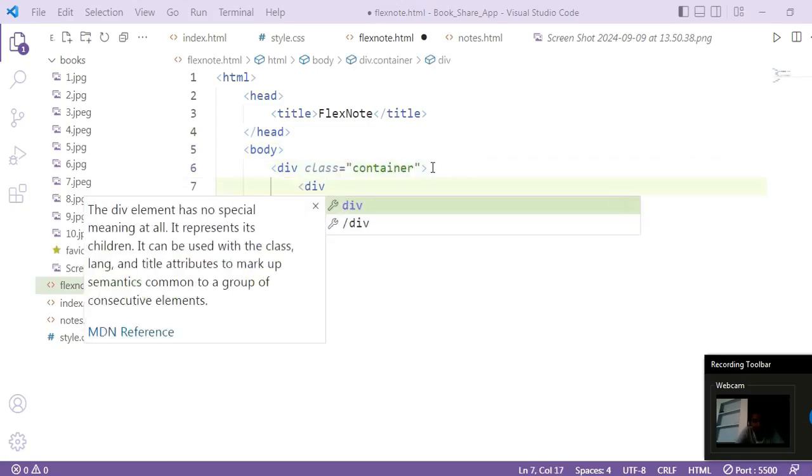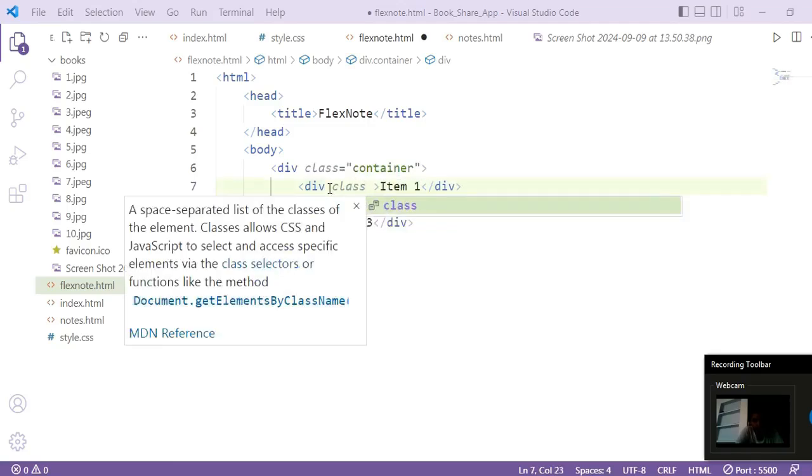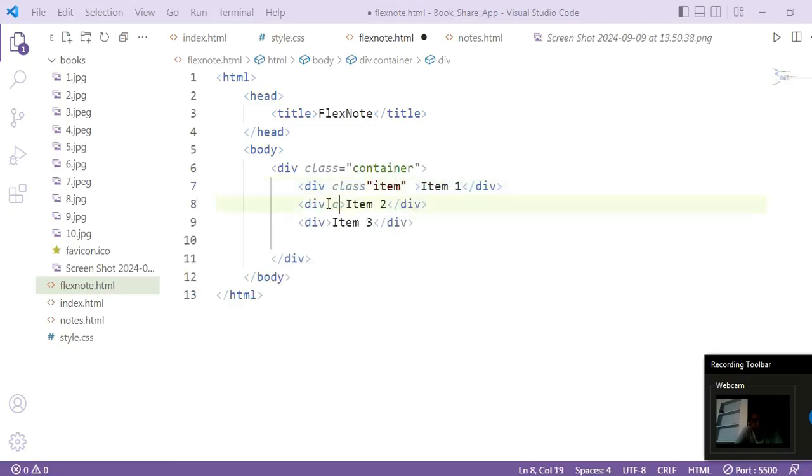Inside it I have 3 divs. Here I'm writing item 1, item 2, item 3. These also have class item, and here also class item. We have missed the equal to sign here. So we have our HTML.